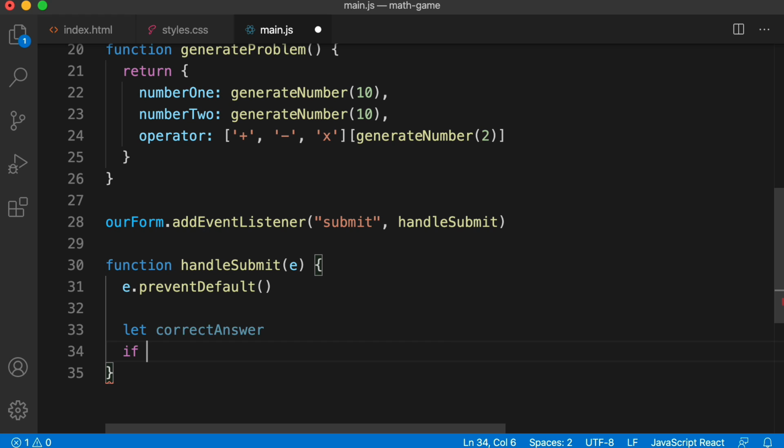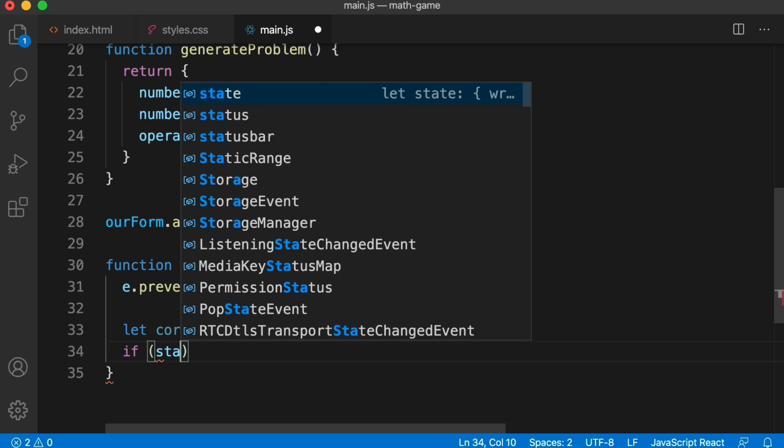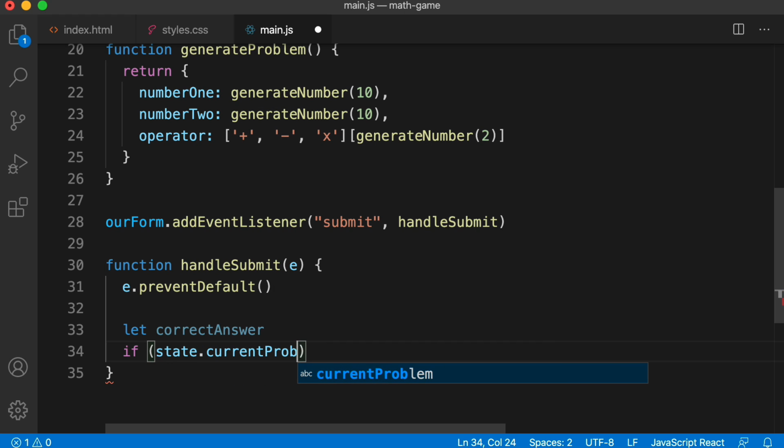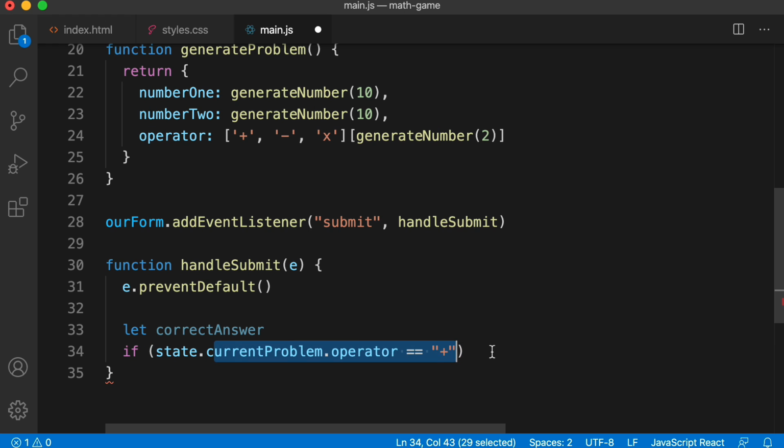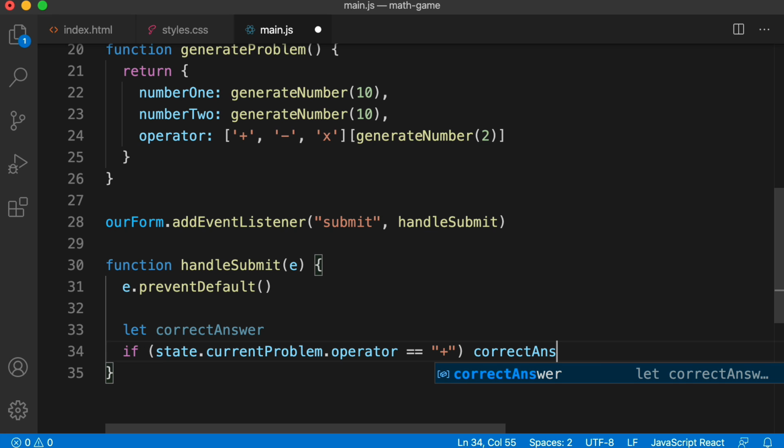So I'll say if, parentheses. We can fit what we want to do if this is true all on one line, so we really don't need curly brackets. So we'll just say if... If that's the case, then what do we want to do? We can just say correctAnswer equals, and then we would just look inside state.currentProblem and add together number1